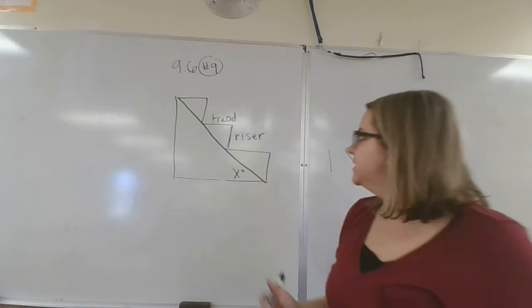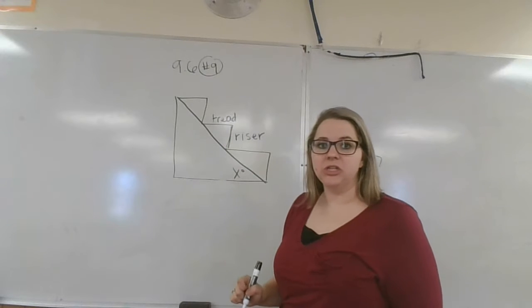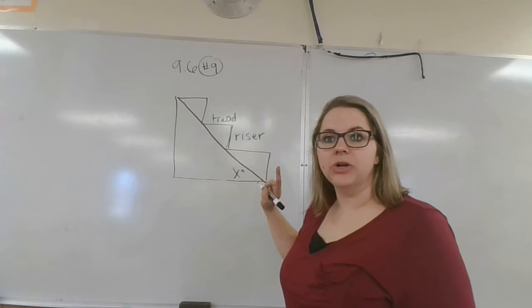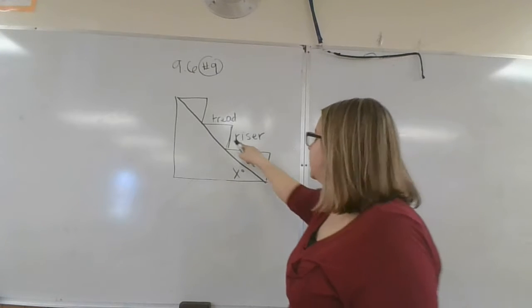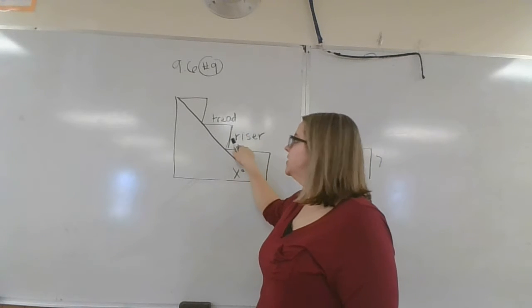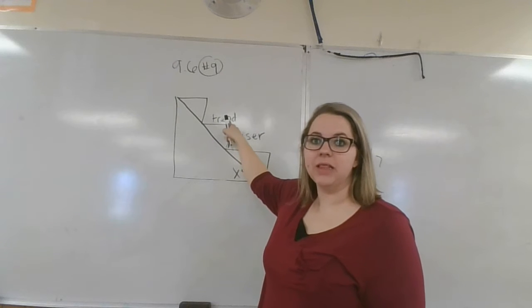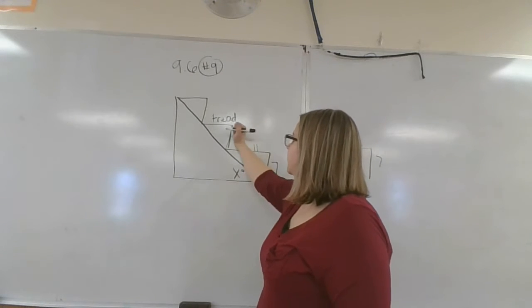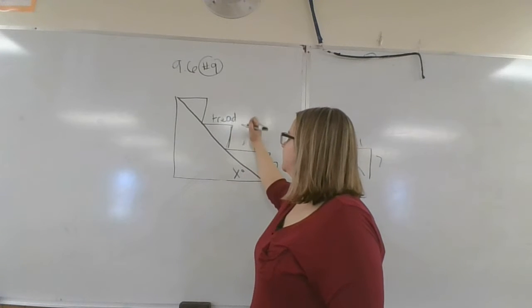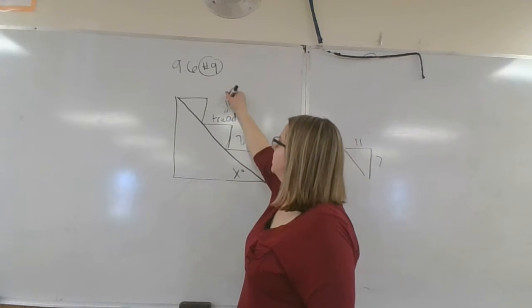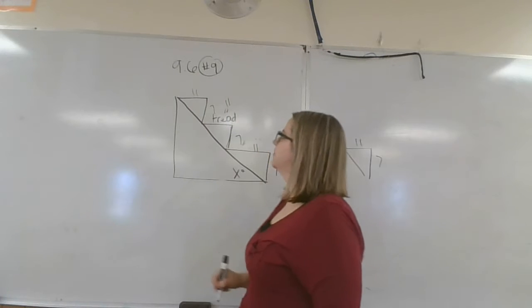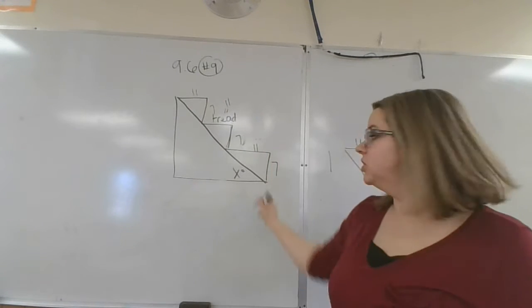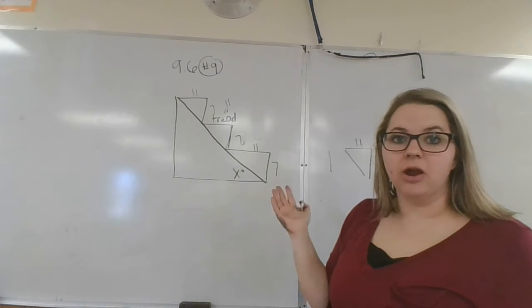Okay, now it says that every riser is 7 inches and every tread, oh, I said that backwards, sorry. Every riser is 7 inches and every tread is 11 inches. This is 7, this is 11. Okay, so we want to look at this big triangle here to find our degree, since our x is in